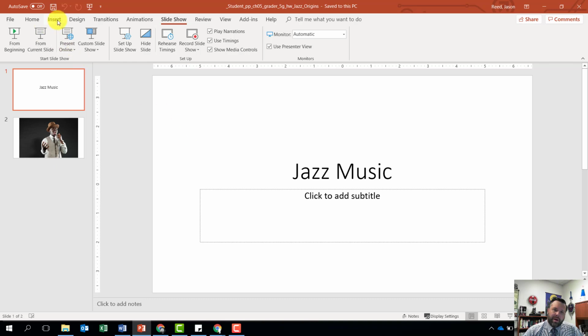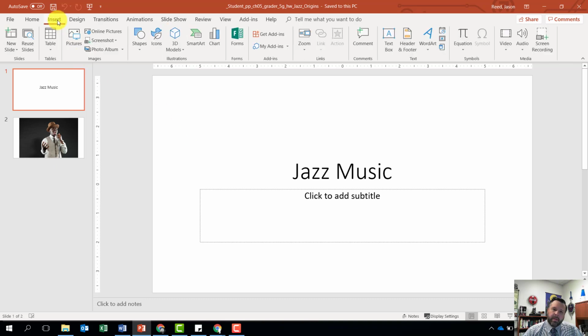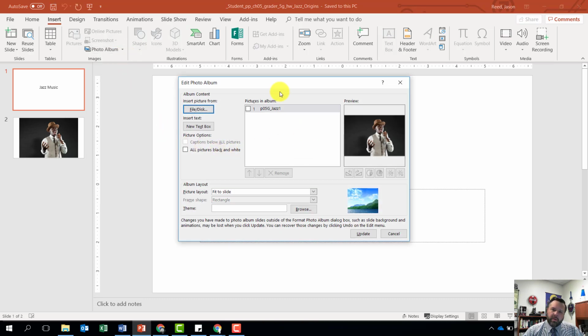We can come up here to our Insert tab. Under our Insert tab, we have our images grouping here, and right here is our photo album. If we click the down arrow, we are going to edit photo album. Notice that we already have one picture in here. We want to add in Jazz picture 2 and 3. So let's insert a picture from